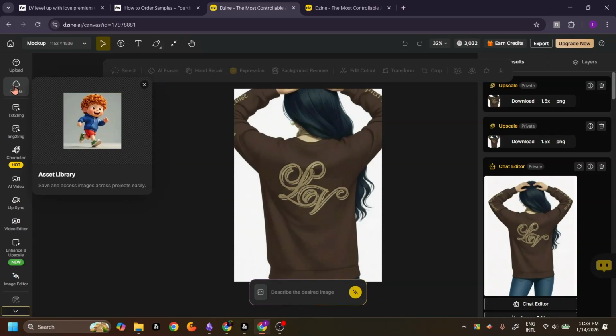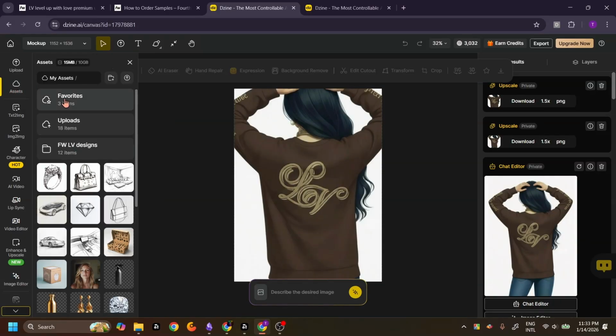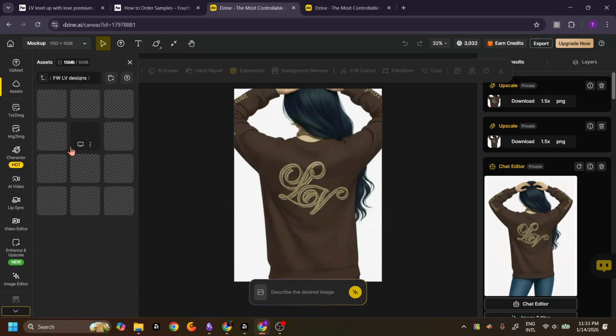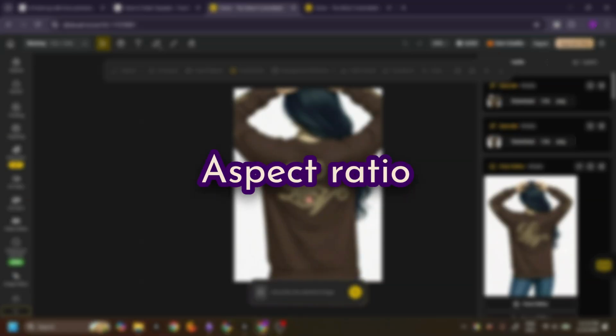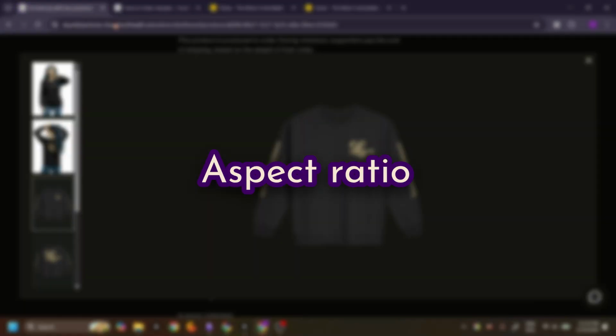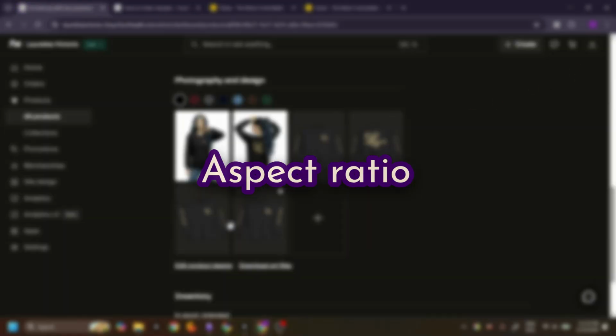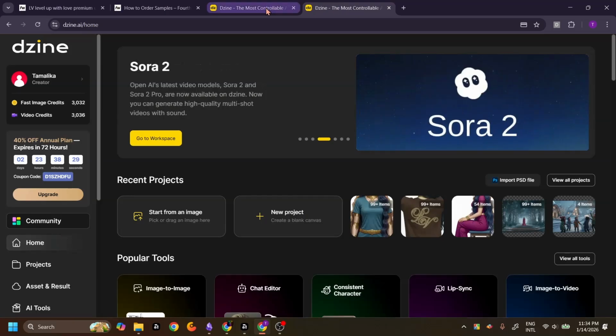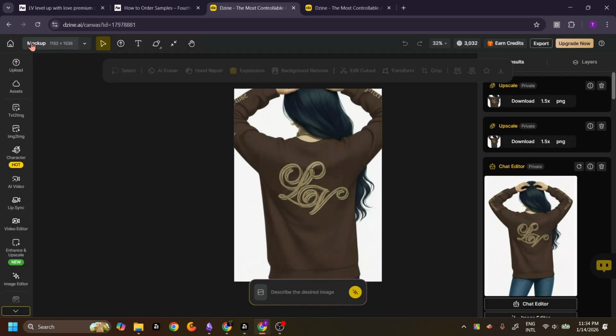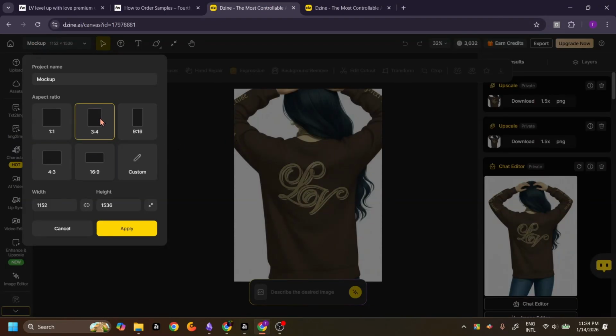After uploading, to find these product images, we can go to this access tab here. And as you can see, we can click this button to create new folders, which is what I have done. I have created this folder and added all the product photos here. The next thing we have to know is that in Fourthwall specifically, the aspect ratio for the mockups is 3:4. Even if we upload a horizontal image, it will still crop the image to fit the 3:4 ratio. So of course, the next thing we're going to do is change the ratio of our project artboard to 3:4